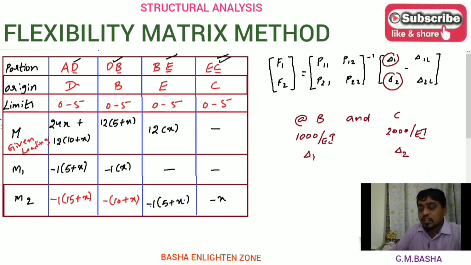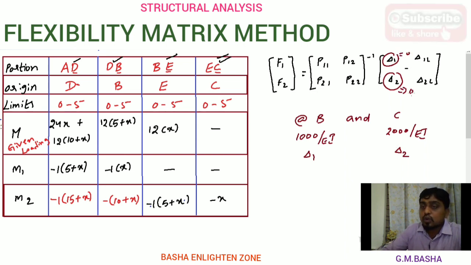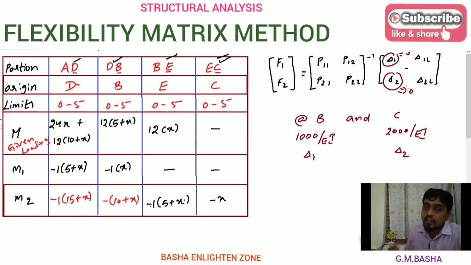But here in the question they have not given any sinking of the supports. Therefore you won't take any value there. So here these delta 1 and delta 2 values will be equal to 0. If they mention delta 1 and delta 2 values, you can consider those values also. But whenever they mention delta 1 and delta 2 values, you have to select the coordinate positions at those positions only. In a general continuous beam, you can select your coordinate positions anywhere. But whenever sinking of the supports is given, you must select coordinate positions at those particular points only. Then only it is very easy to simplify the problem based on the unit load basis.